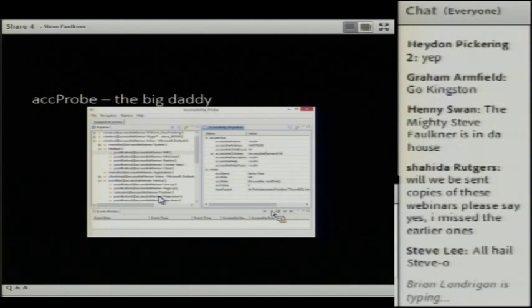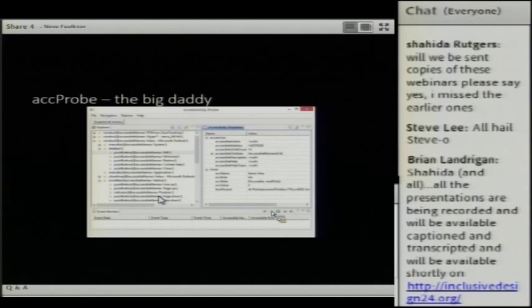It doesn't work on the Mac because Mac have their own way of being, so to speak. It's also a highly featured tool. You can get events, and there's a lot of power to it.